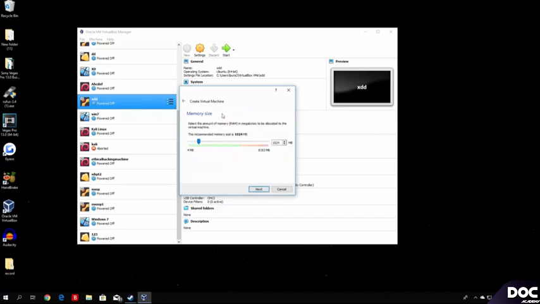Now, the next step is basically the memory size which you will give to your virtual machine. This is basically your RAM memory. For example, as you can see right here, I have 8 GB of RAM on this PC, and I want to choose how much RAM I want to give to my virtual machine. Now, what this means is basically,